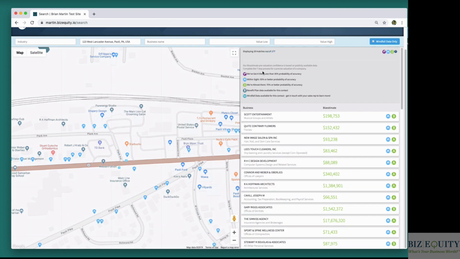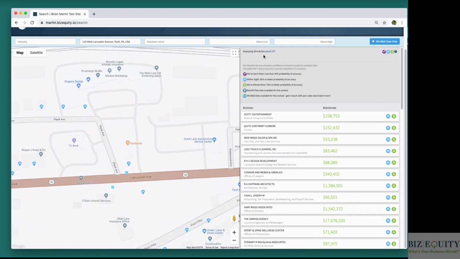So now I've eliminated all the filters with the exception of location. In this case we have 53 matches, but we haven't trimmed it by industry. So if you want to get a good look at all of the businesses in an immediate area, finding a very specific address and typing that in will give you a pretty zoomed in picture of what is available in